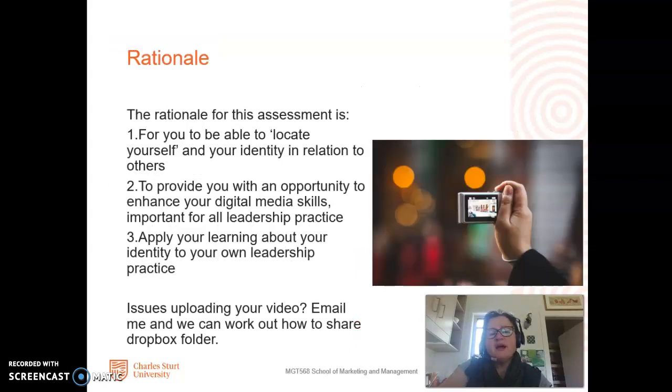So the rationale for this is really that we want you to first be able to locate yourself and your identity in relation to others. So what is it about me that makes me unique or different? What are the gifts I bring? And these might be